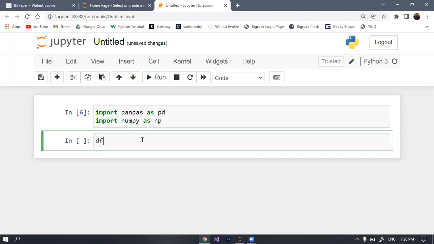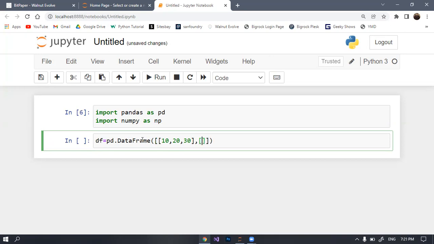After that, create a data frame, that is df pd dot data frame, in which we will pass our two-dimensional list. We are having three rows in which at index 0, we are having three elements, that is 10, 20, 30. And in the second row that has index 1,